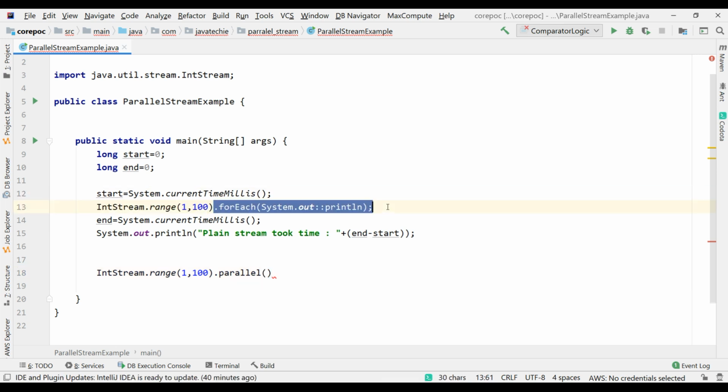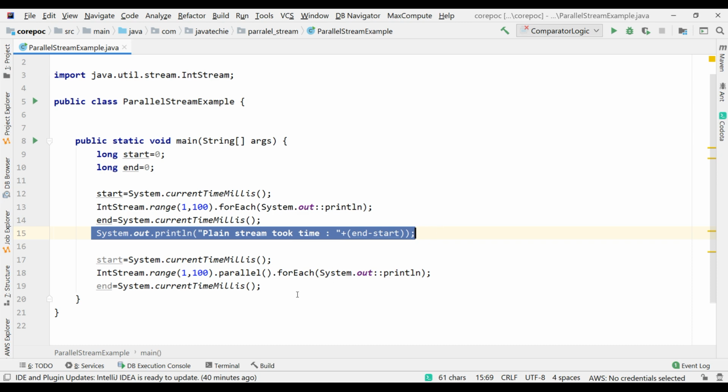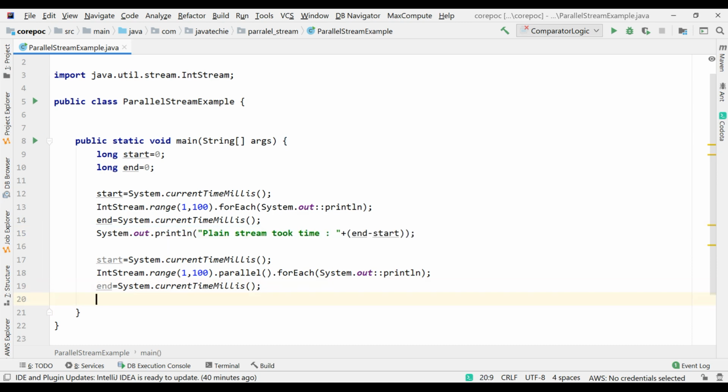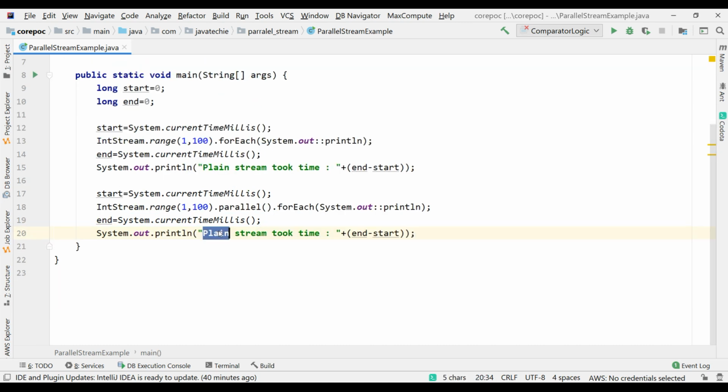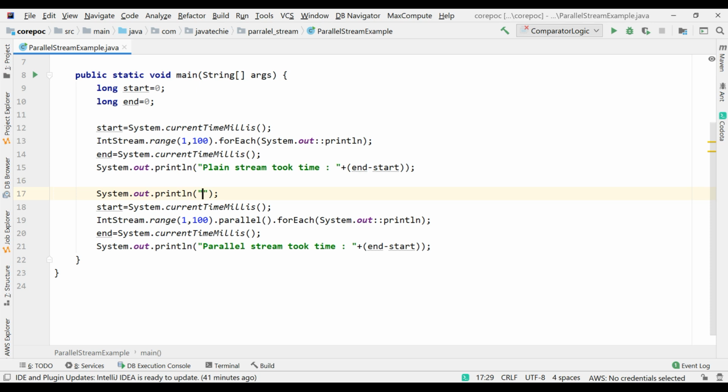I just want to print it. Again, I'll write start time, I'll write end time, then we'll evaluate the total time. Fine. So I'll change it to parallel stream. We'll just add one System.out, I'll add some line here.